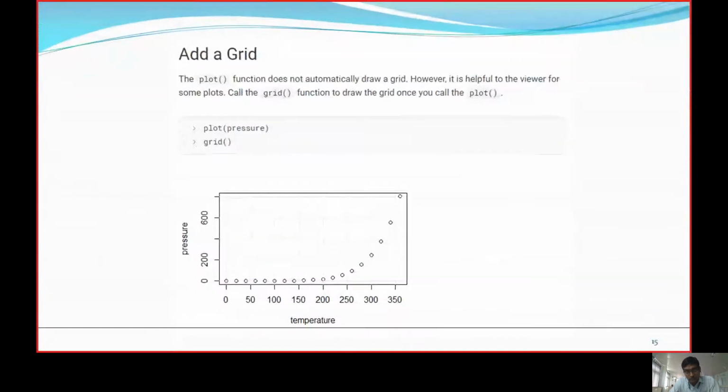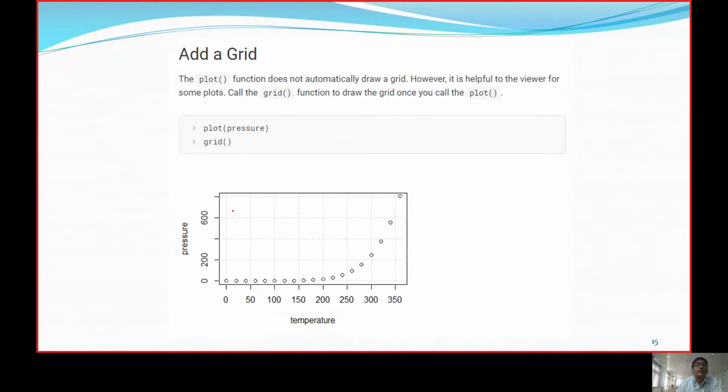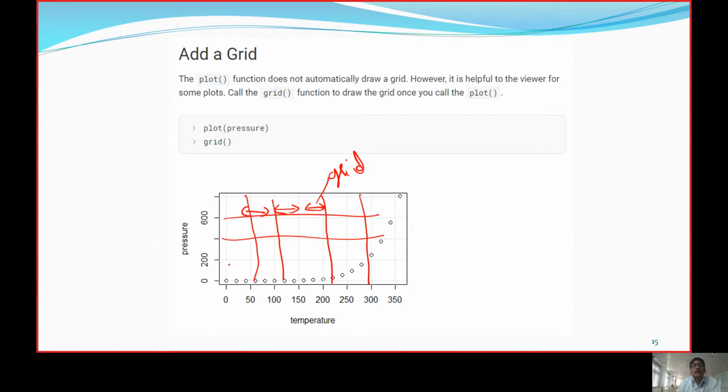By default, it is going to come with a circle. And if we need to have a grid, so that every 2 centimeters we have a grid, then we can assign the grid. How we assign it is that we can use a keyword called grid. So using the grid function in a plot, we can put a grid on the graph.